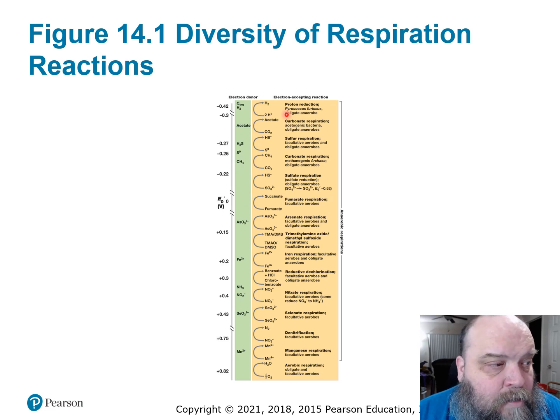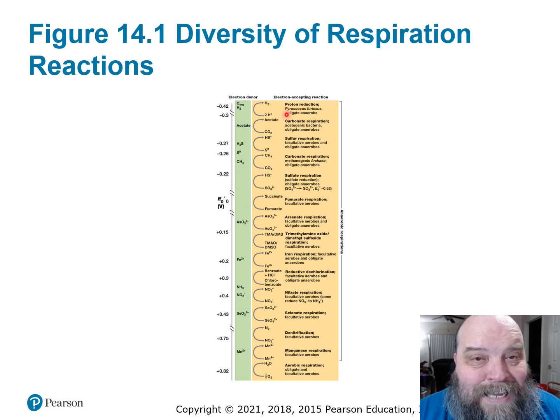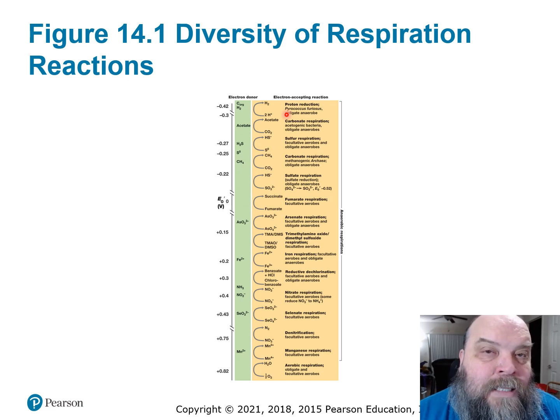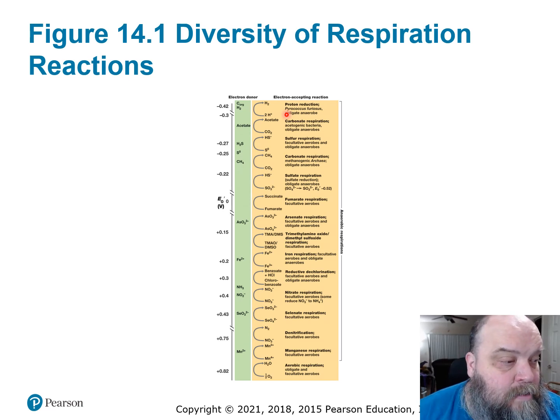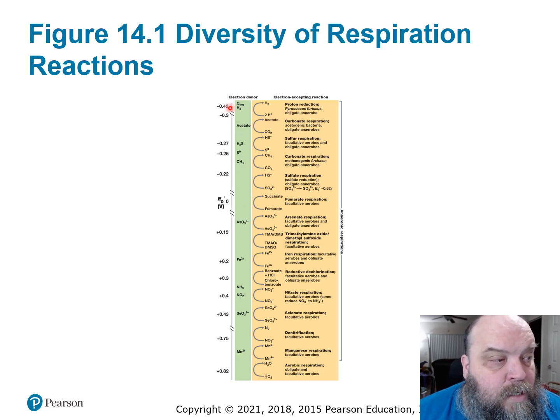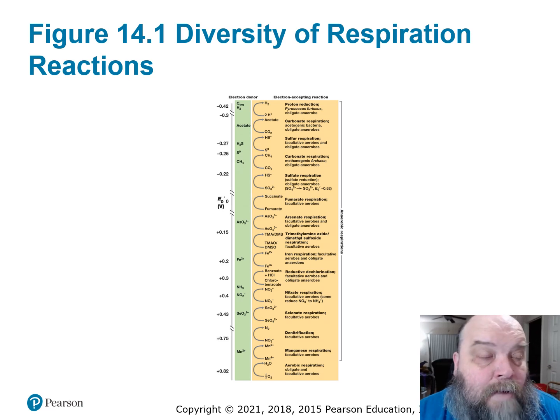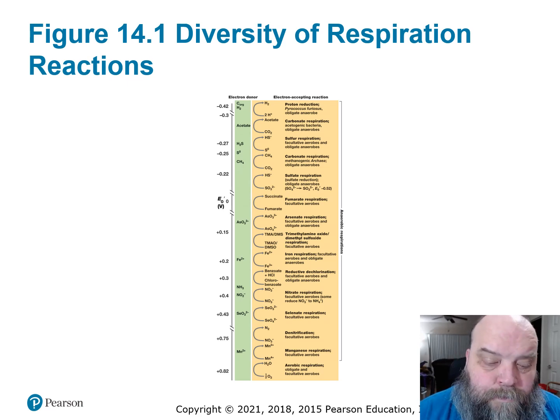Up at the top, along with the delta G, the greater the negative the number, more electronegative that reaction would be, which means more energy is going to come about in those electrons that are being passed. That's why we're going to see throughout this chapter that things utilizing carbon, organic molecules, as opposed to nitrogen or inorganic compounds, are able to get electrons that have a little bit higher energy state, thus can do just a little bit more with them.